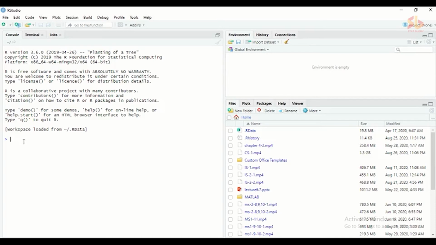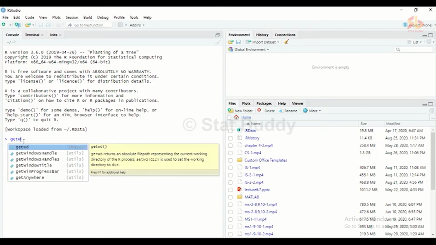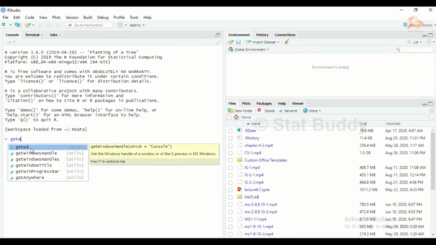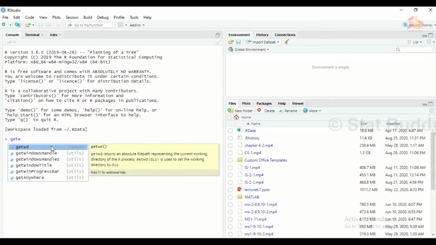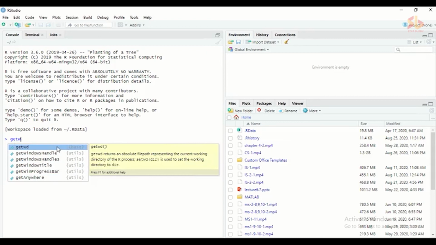First you have to find the working directory before you start work, because all the files that you are saving to the computer will be stored at your working directory destination. You can type just get working directory. When you are typing the function, this extension will suggest the functions that are loaded to this current session.